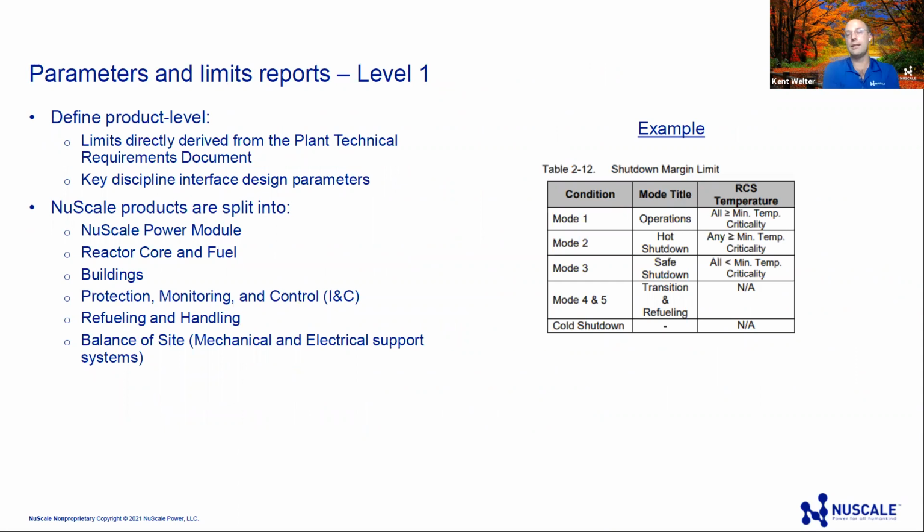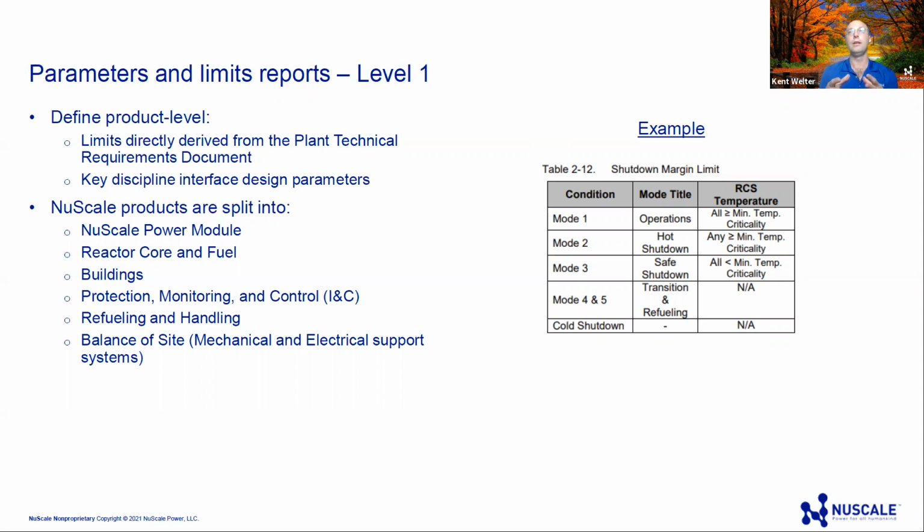Now we get into sort of the next level where we identify parameters and limits. So instead of requirements statements, we sort of jump to parameters and limits, and they're directly derived from the PTRD requirements, and they provide key discipline interface design parameters for all of the engineering disciplines and product lines for that plant baseline. We split our products into the NuScale power module, which is the reactor and the containment vessel and associated passive safety systems. We also have ones for the core and the fuel, and the reason why is because